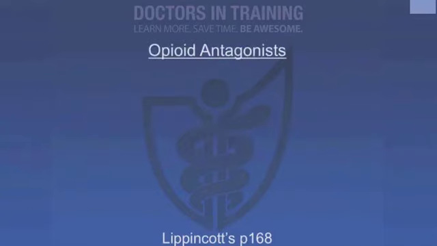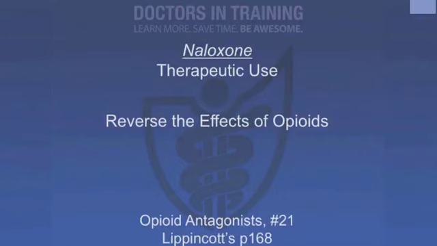Next, let's talk about the antagonists. We mentioned these briefly before. Naloxone is the first one, and it's used to reverse the effects of opioids. It's usually used when patients are coming in altered, in a comatose state, with some respiratory depression, and we're thinking there's some overdose of opioid going on. It blocks at mu, kappa, and delta, so you're getting all of them. And it'll rapidly displace all the already receptor-bound opioid molecules. So even if all those molecules are stuck on those receptors, this will just knock them off and very rapidly reverse